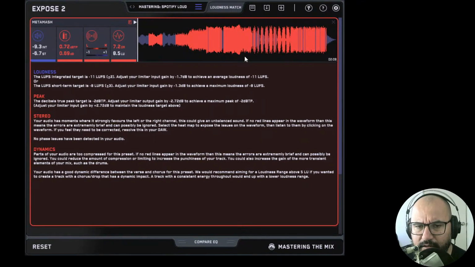But there are several presets here: Spotify Loud, Crazy Loud, CD, Club, Balanced, Apple Music, etc. Or also for mixing, right? Balanced, Dynamic, Loud, Punchy, Mix. And depending on the preset that you choose here, it will measure